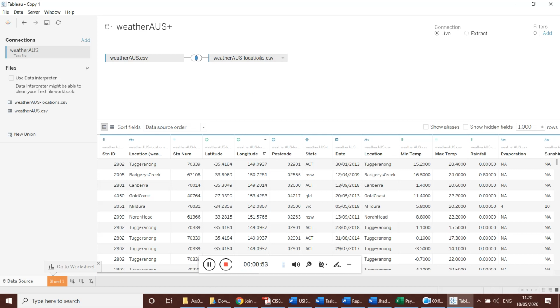So for that purpose, they separately gave it to make us join these two data sets and create one data set, and use it to continue with our data analysis part. Okay, this is just for your information. Do not worry how it happened, why it happened, all those things.